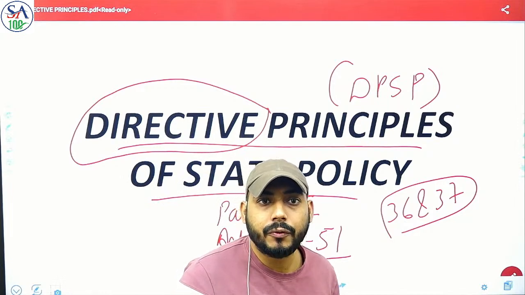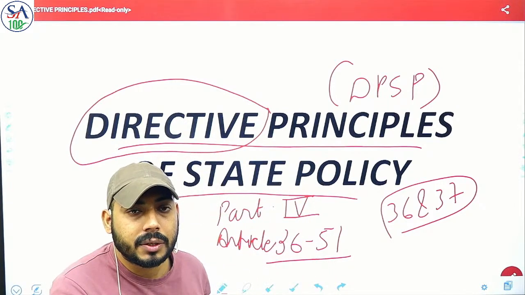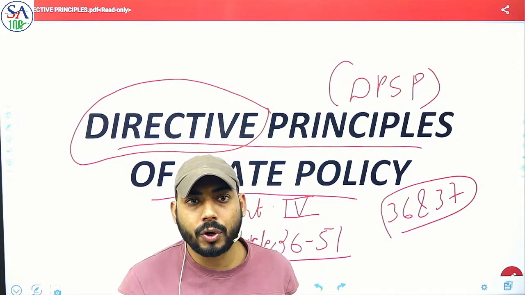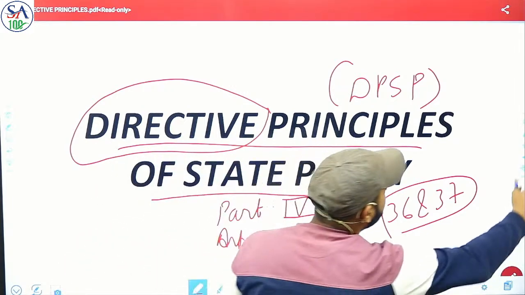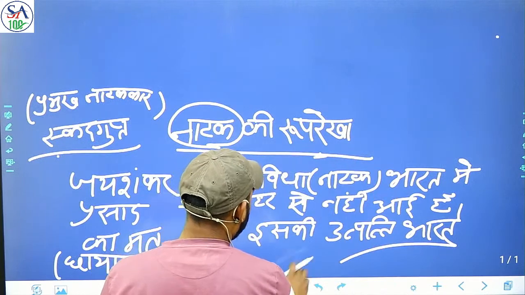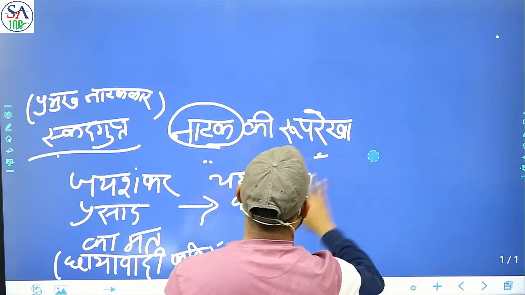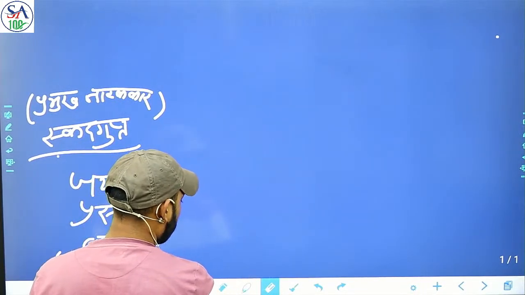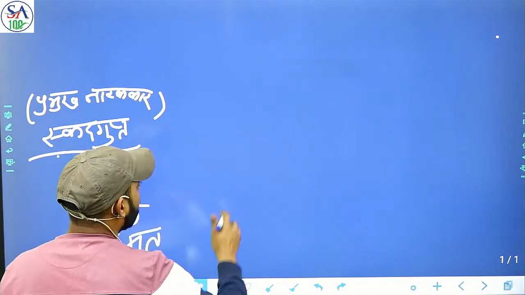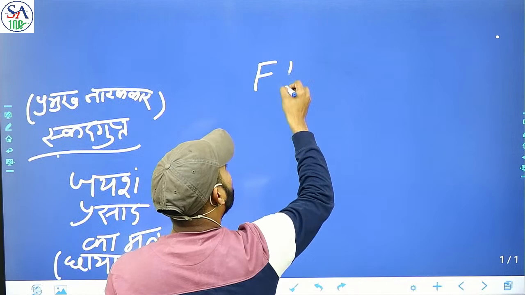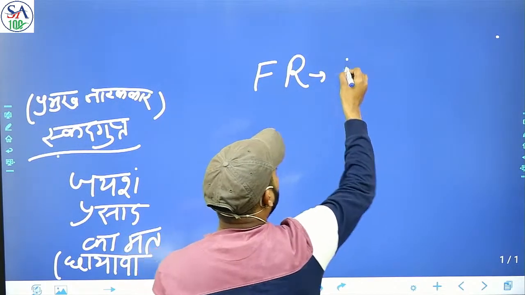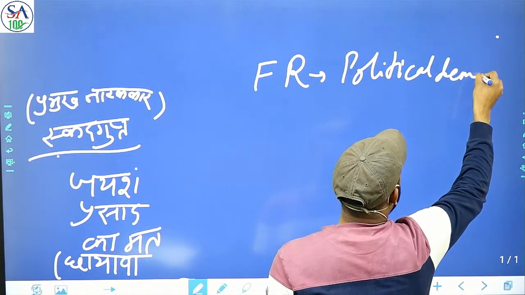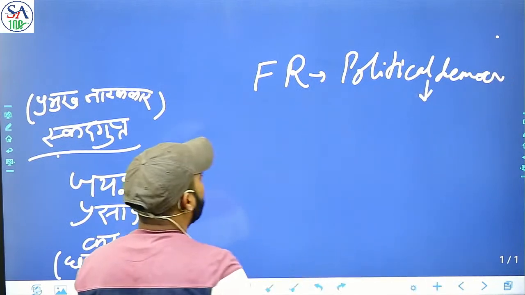In the earlier session, we have seen that fundamental rights provide the political rights to the people and ensure the political democracy in the country. But here, fundamental rights talk about political democracy. Okay, but DPSP,